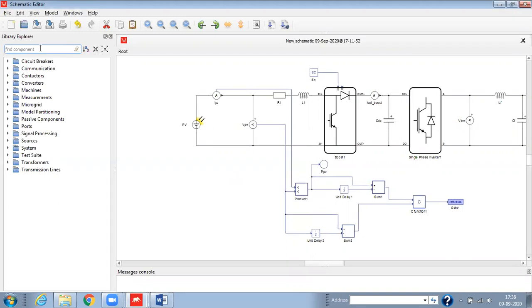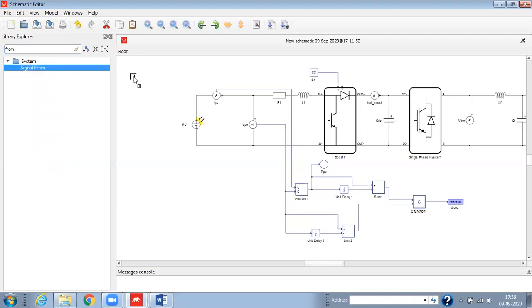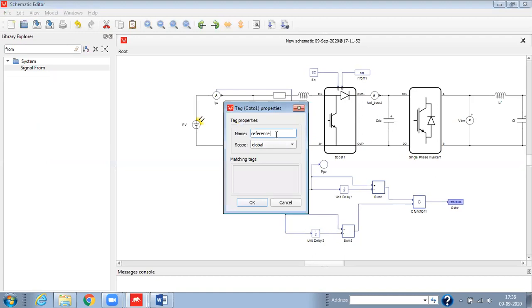Now we'll drag the From block. We have to provide the matching tag. Either we can write the same name or we can copy this one. We'll change the tag name here.